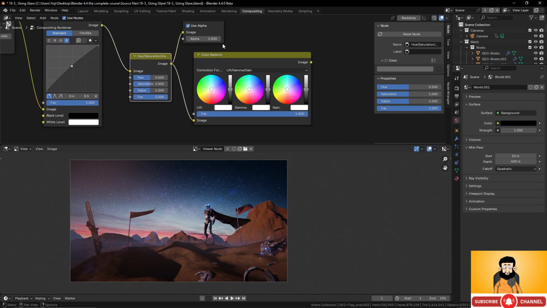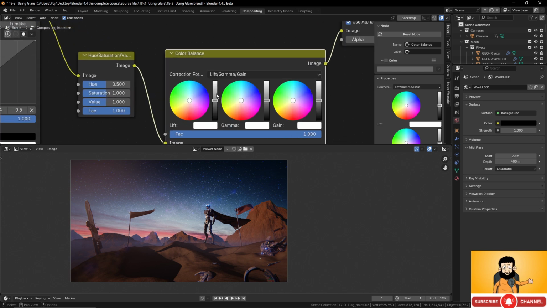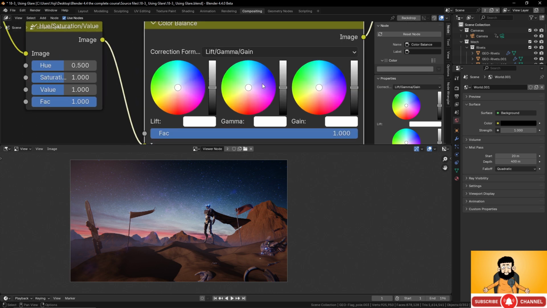And here you have this one that is quite interesting as well. So here will be for the dark values, this one for the middle values, and this one for the light values, so the white values. So what we can do in this, it's for example contrast the main colors into our